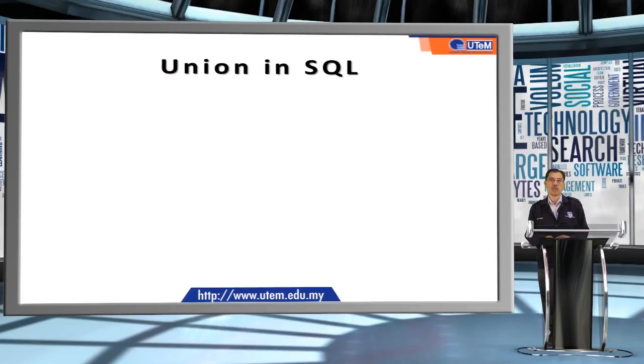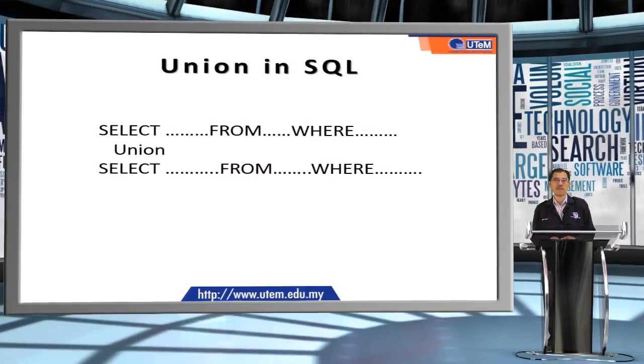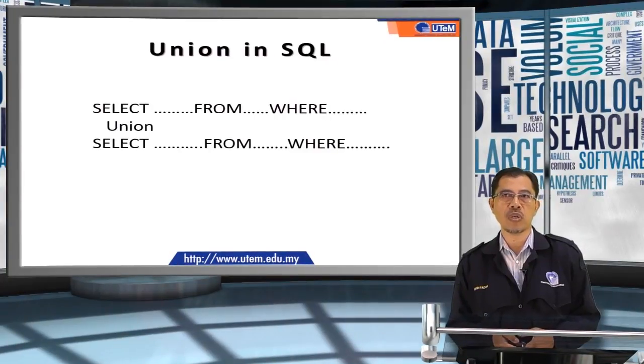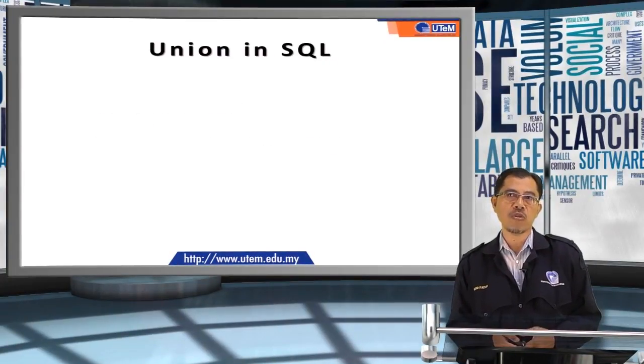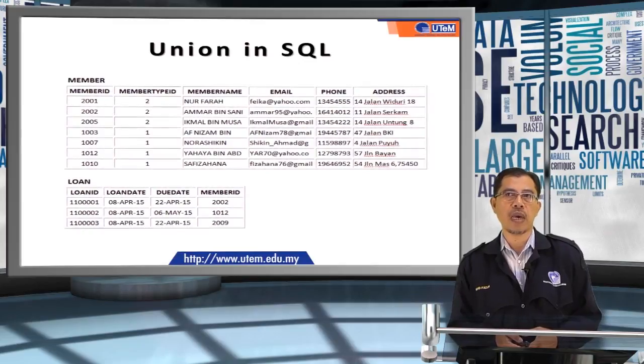Union operation is part of SQL statement to combine the result sets of two or more select statements. It removes duplicate rows between the various select statements. To demonstrate the usage of union operation in SQL statement, let's consider the member and loan tables in the library management system,